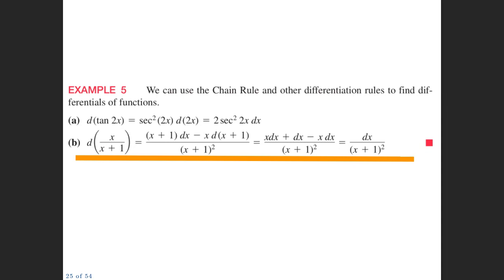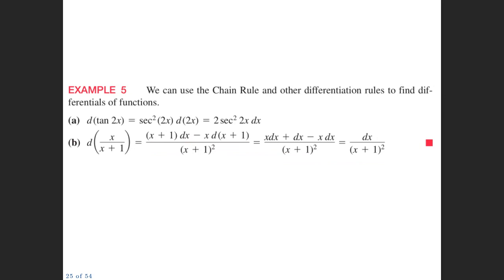Differentiate the function on the top, or in other words, do d of the function on top, and then multiply it by the function on the bottom. And then minus, keep the function on the top as it is, so just x, and then do d of the function on the bottom, and then divide by (x plus 1) squared. Now we can simplify this a little bit,